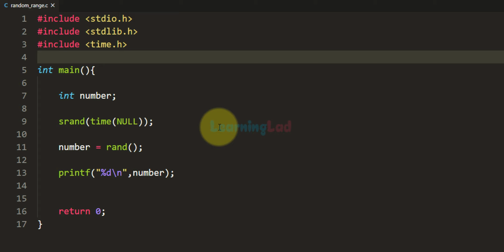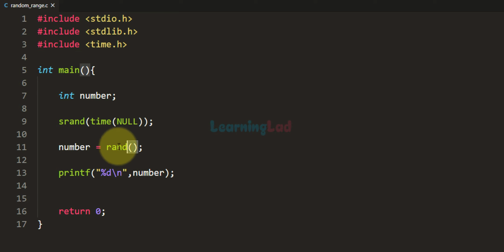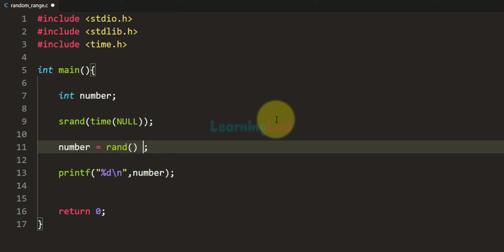In that case, when we get the random number by using the rand function, if I want the random number between 0 and 10, then I can divide it by 10 and take the remainder value, and it will always be between 0 and 10. 10 will not be included, it will be from 0 to 9.